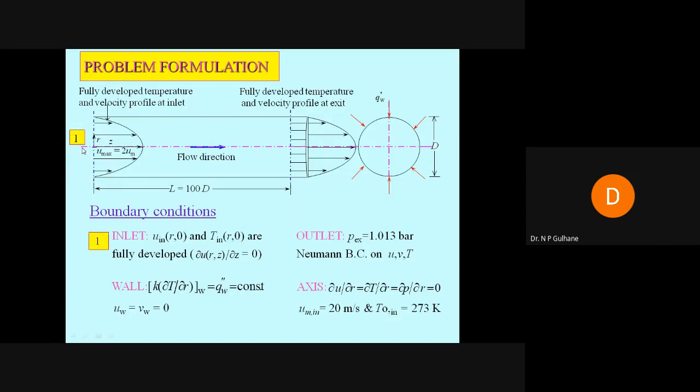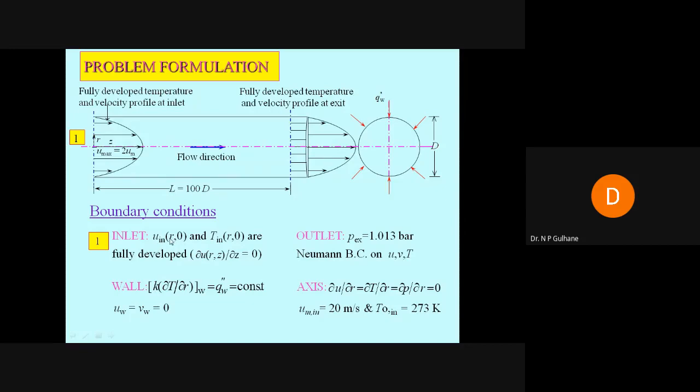Now, when the flow starts, what are the boundary conditions we have to put? I have written here the first one as the inlet boundary condition. Here you can write u at inlet, meaning axial velocity. This is called the axial velocity, and this is called the radial velocity. There are two components because we are studying two-dimensional flow. So the axial velocity at inlet, for any value of r,